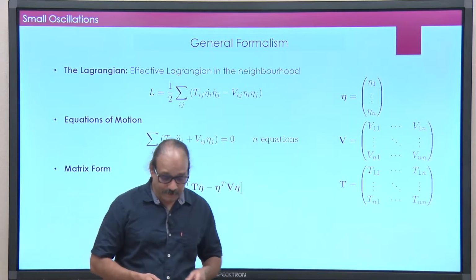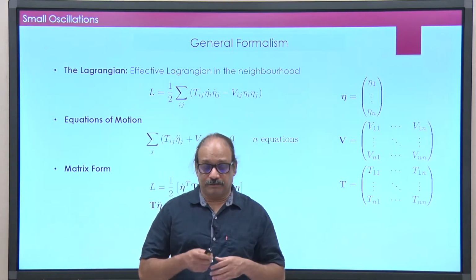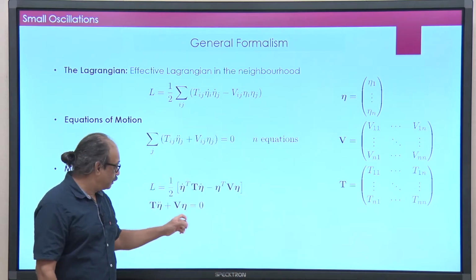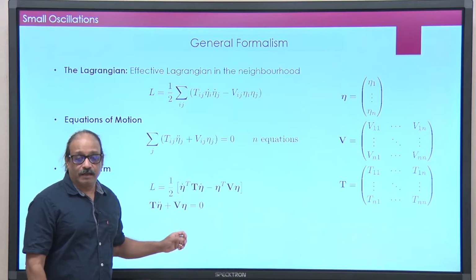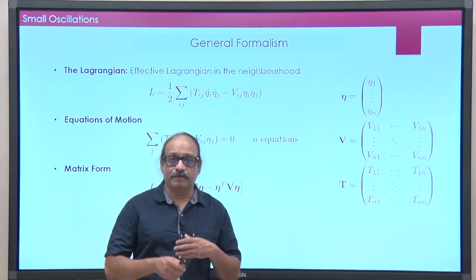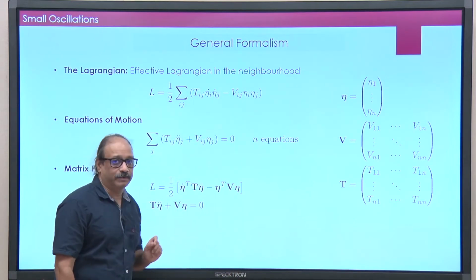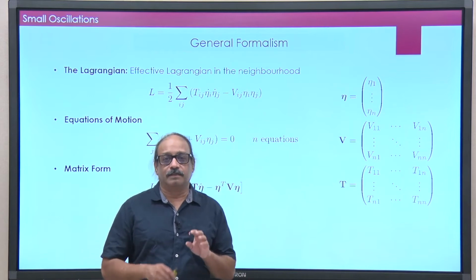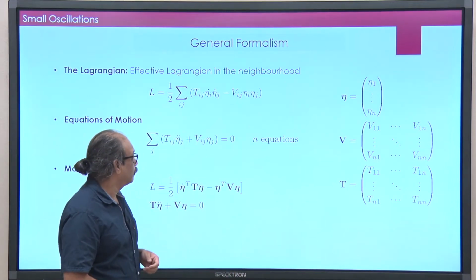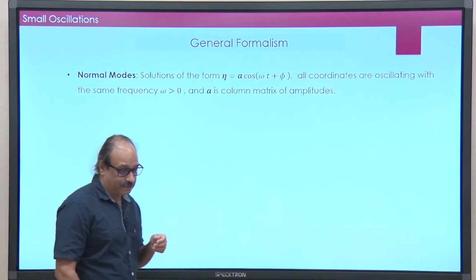In the last lecture, when we looked at one example, we talked about how we could decouple these equations, so that by transforming to new variables, each one of these equations would look like a simple harmonic equation. Okay. Fine. Now, the questions we would like to ask are these.